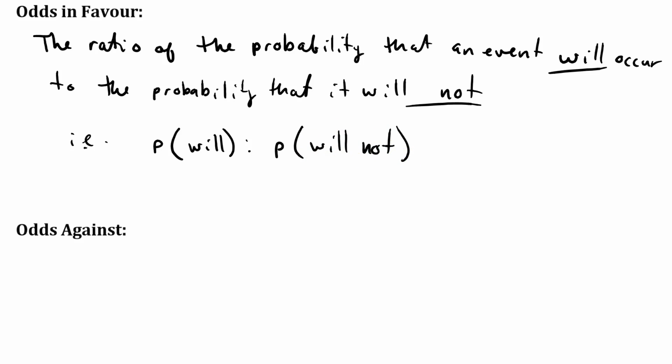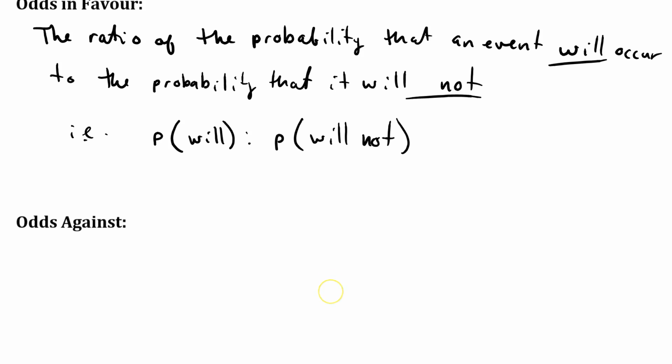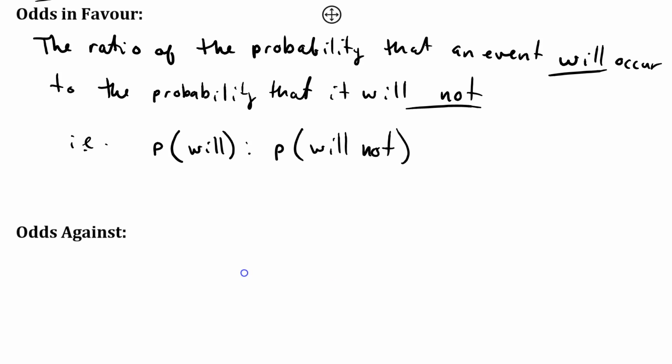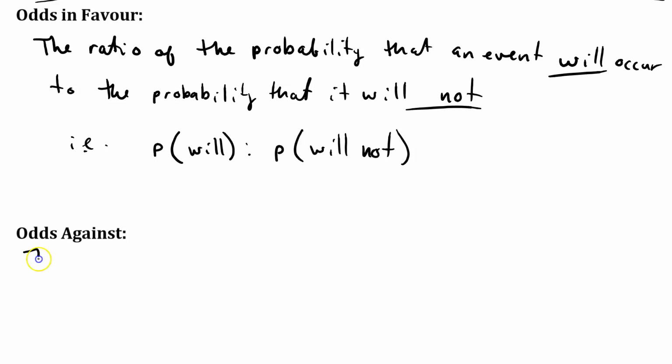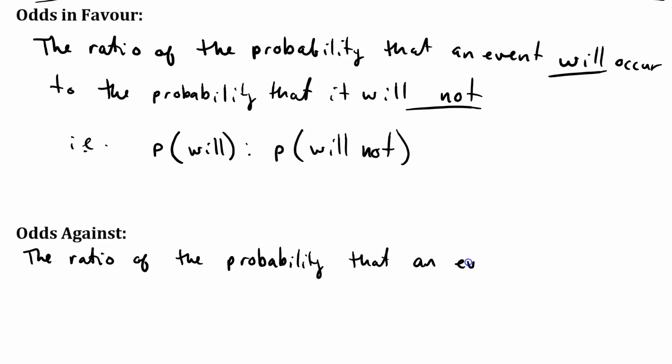Now, odds against are just the exact same numbers, but in a different order. So odds against is the ratio of the probability that an event will not occur